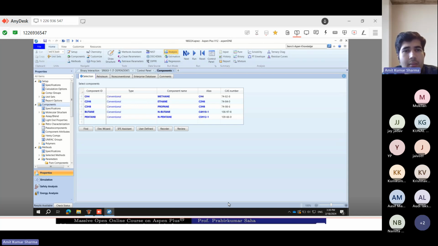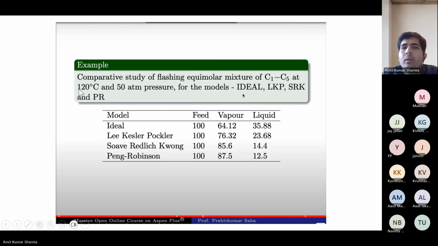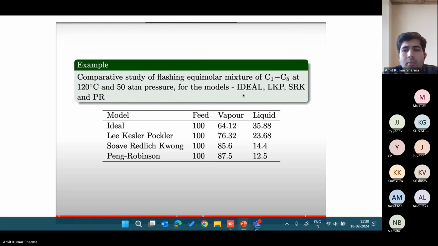Is anybody trying? Can you open the question page once more? You need to select these components, the temperature, the pressure, and the models ideal, LKP, SRK, and PR. This is the question.